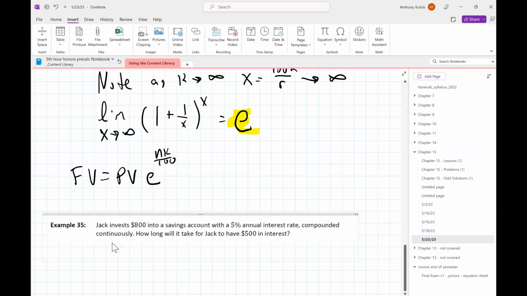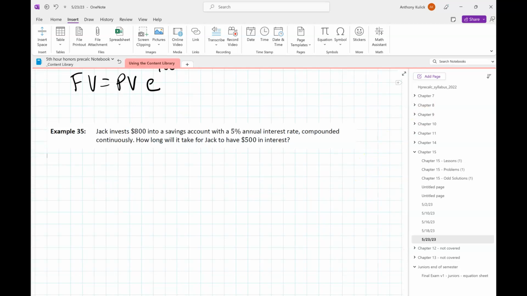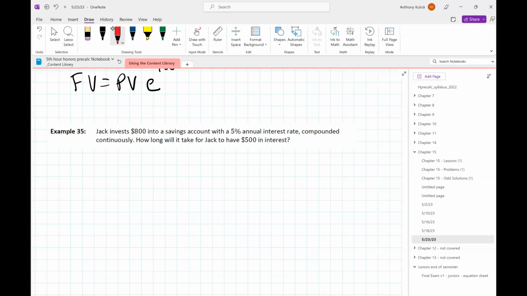All right. Quick numeric example here. So Jack invests $800 into a savings account with 5% annual interest compounded continuously. How long will it take for Jack to have $500 in interest? So I know that the future value should be the present value plus the interest. So we're going to be solving this for 1300 equals 800 e to the negative